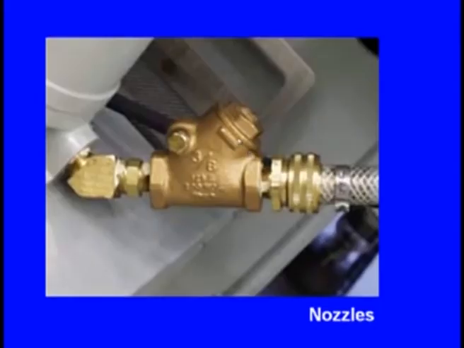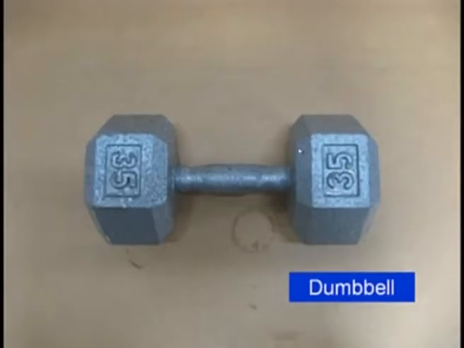Miscellaneous components. Now you can see this is the nozzle. Maybe in a petrol bunk we can see this kind of nozzle. This is manufactured by metal casting. You can see this dumbbell. This dumbbell is used for exercise purposes. Most of the times we use this, but we never think of how this is manufactured. This is manufactured by metal casting.